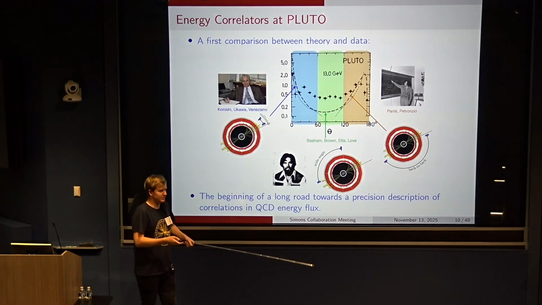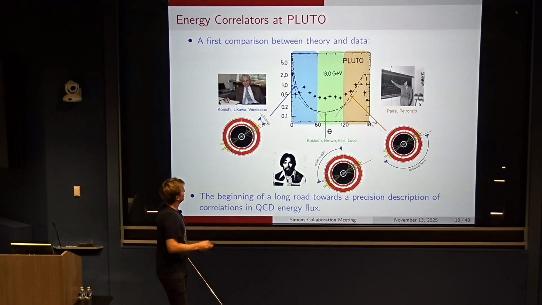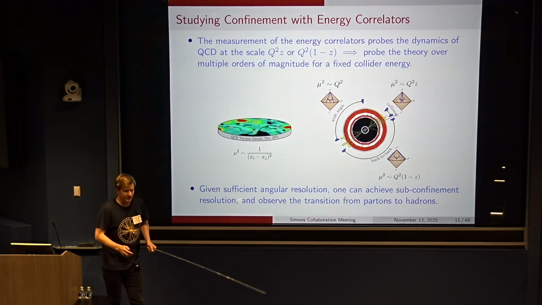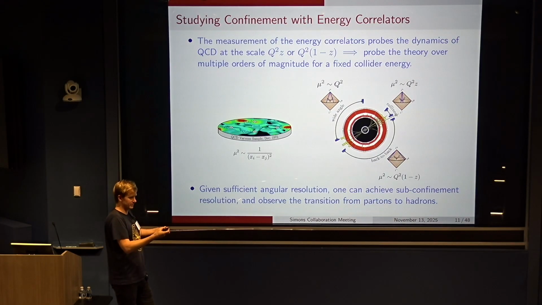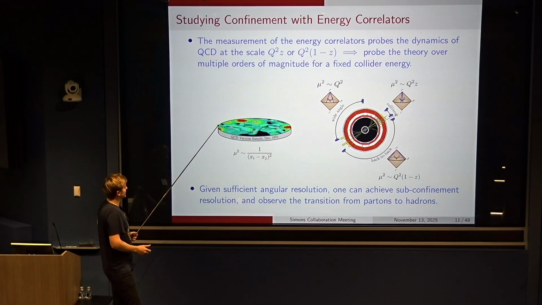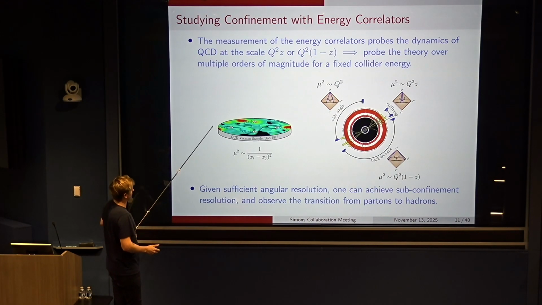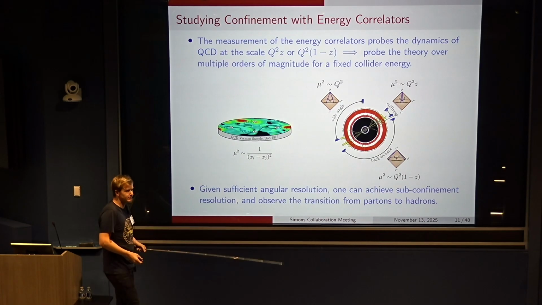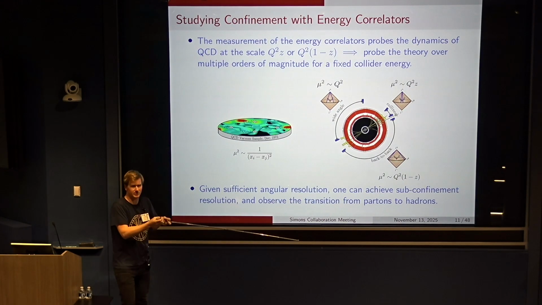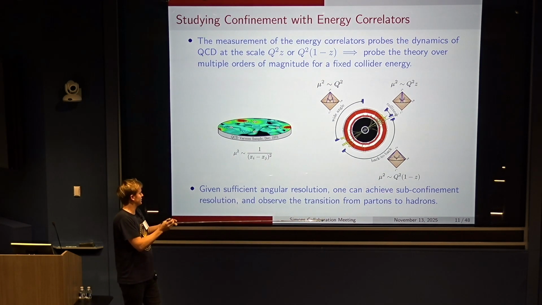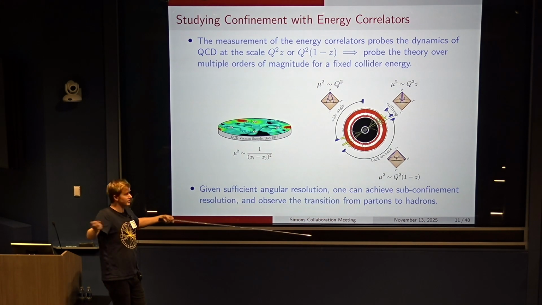And so exactly related to your question, one thing which will become very important in going forward is to understand the scales which are actually probed by the measurement of this correlation function. And so in particular, we're very used to for correlation function, or for example, Euclidean correlation functions, that the scale which is being probed is just essentially proportional to the inverse of the distance between the two operators. And so as you bring the operators together, you probe the UV, and as you bring the operators apart, you probe the IR.